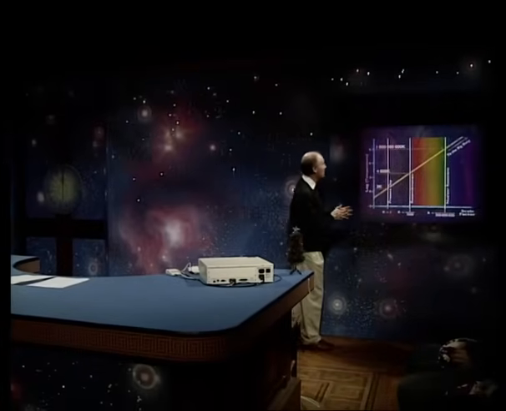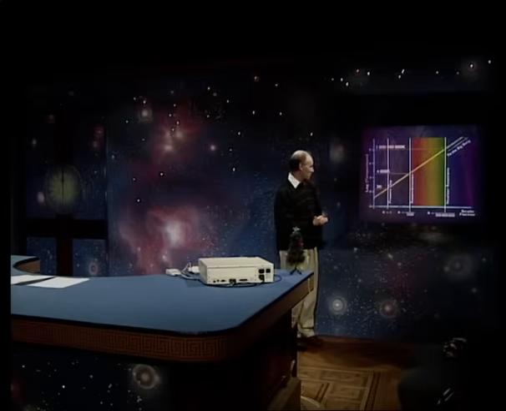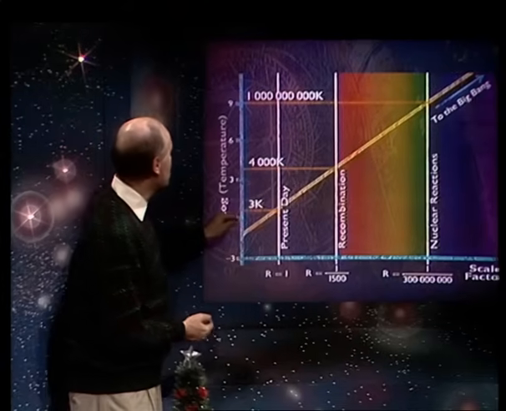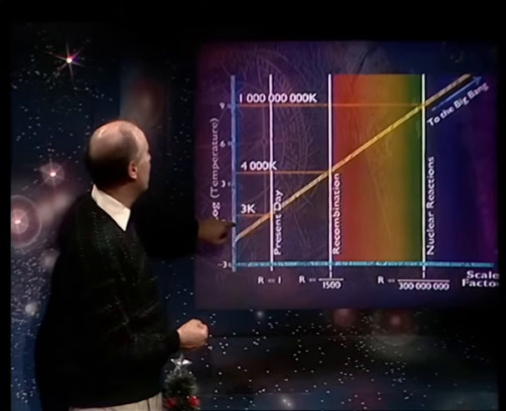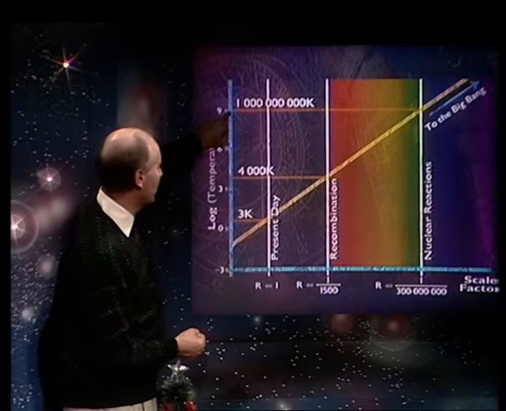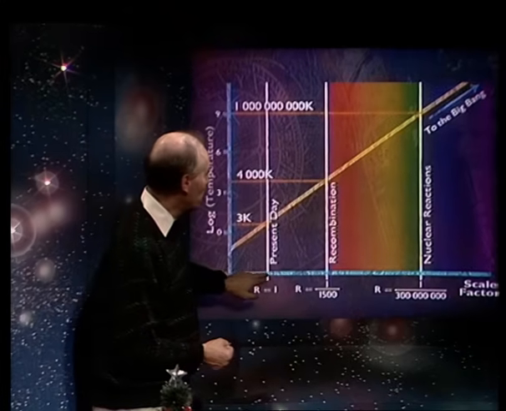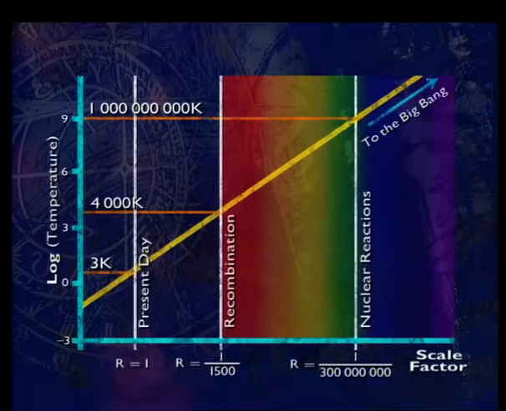And in fact, in the universe, the temperature is just inversely proportional to the spacing between the galaxies. Now, it's a beautiful result, and it's terribly important, and I want to show you in detail how this works on this rather complicated but very important picture. What we're showing here is the temperature of the radiation in the universe going from about 1 degree Kelvin here to 1 billion degrees Kelvin here. And along this axis, we've got the factor by which we squash the universe backwards in time.